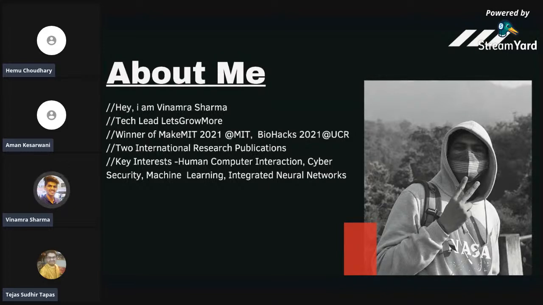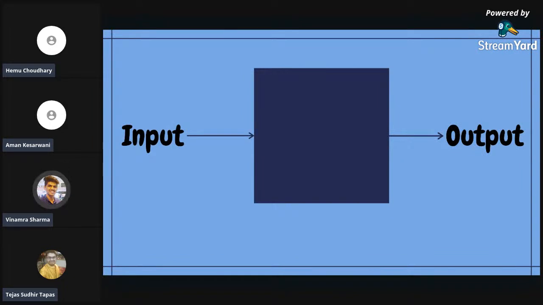So, now, not taking too much of your time, let's directly grab into what computer science really is. So, yeah, I guess you all can see my screen. You can see here there is an input, and a big square block, and apart from this, there is an output. You might be shocked to see this, but this is what computer science is really all about. Rather than us humans, the computer works on the simple basis of input and output.